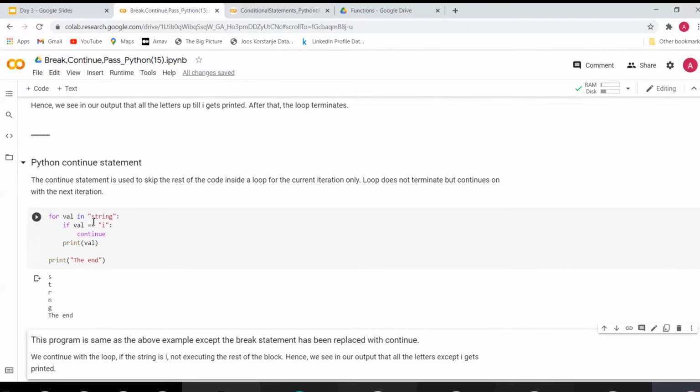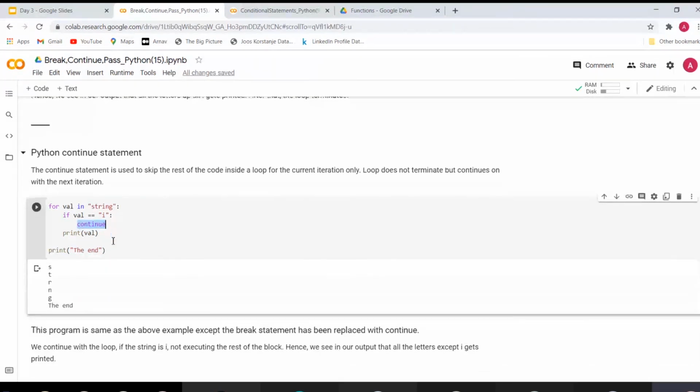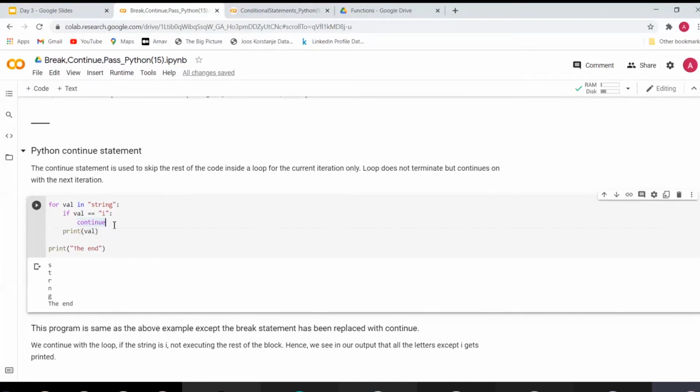So continue gets executed, and that iteration is skipped. So the print statement doesn't work this time, so i is skipped in our output, and we have all the other letters, which is s, t, r, n, g, and finally the end is printed.